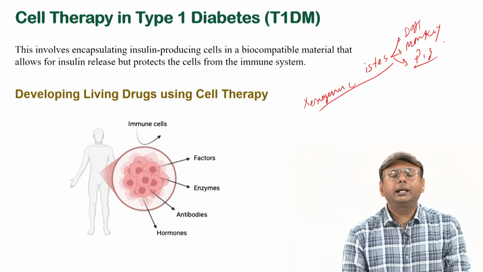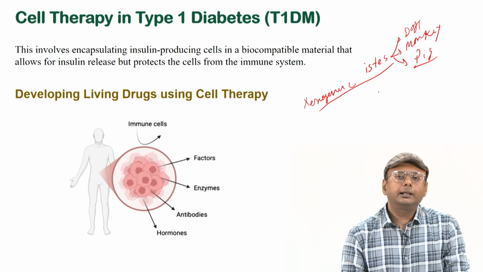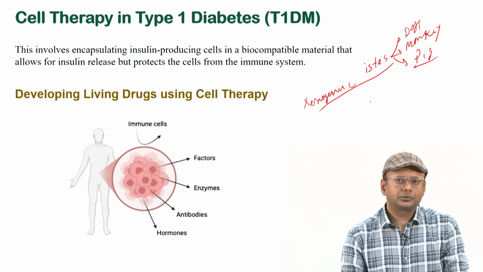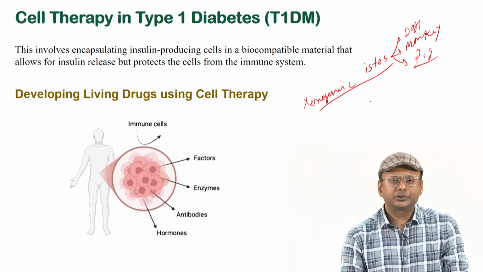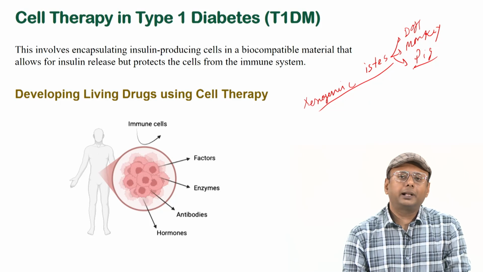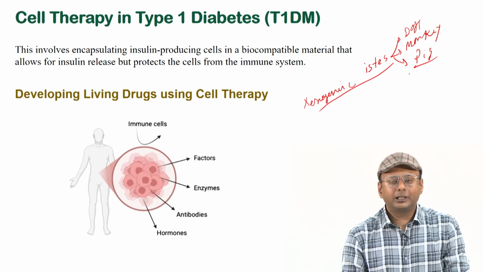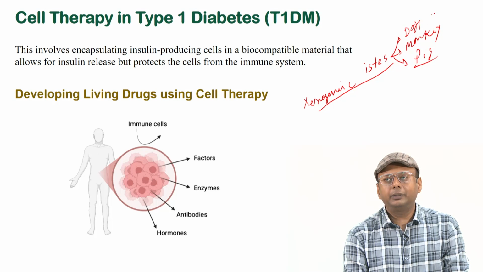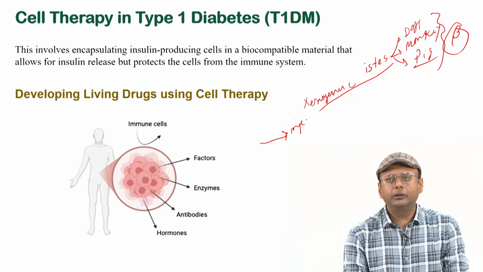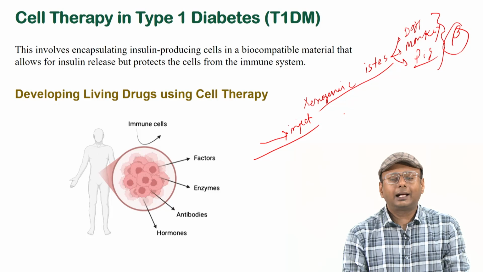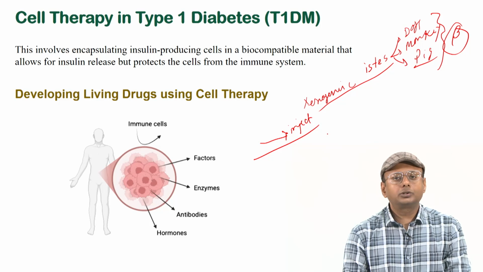So basically we can take the pancreatic islets from other sources, other organisms, and then we can transplant them into the body. But there are certain issues. If we just take the pancreatic beta islet cells from another body and inject them into our body, what will happen? In the last slide I said that our body will generate a host immune